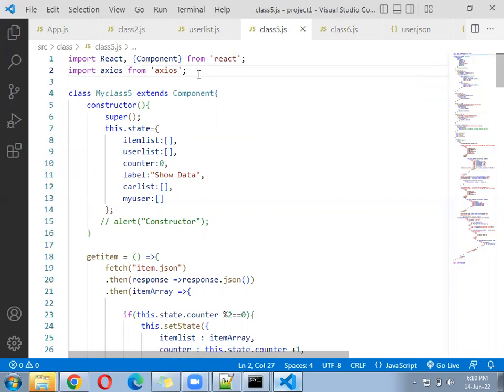Oh, sorry, it is not working for me. Data is coming, but delete is not working, sir. I will show you the problem. First check this Axios. Import Axios from Axios, with Axios in single quotes. After doing that,